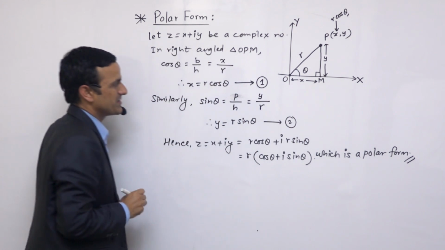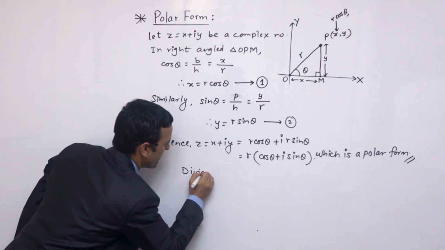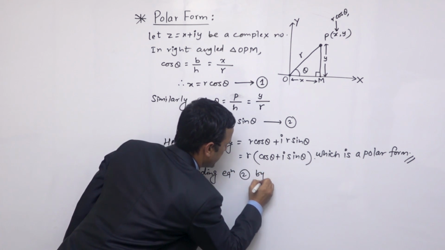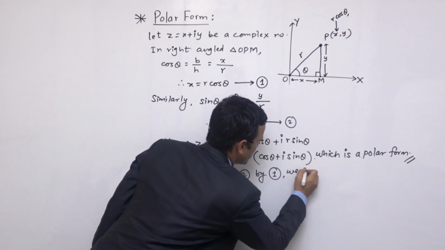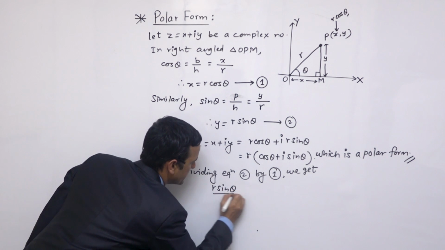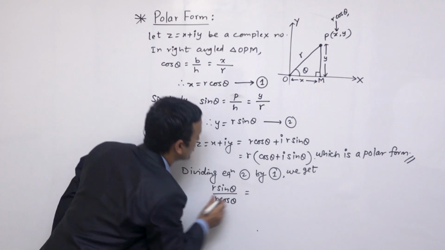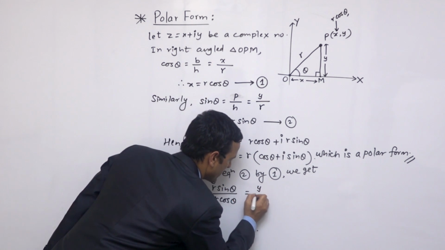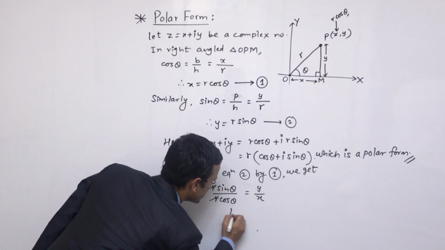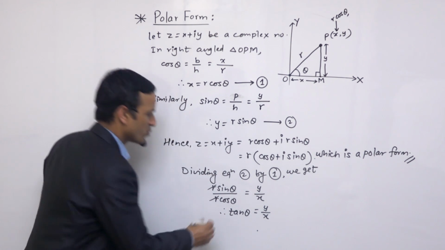So now we can find out, suppose this is equation 1 and also this is equation 2. Now dividing equation 2 by 1, then we get r sine theta divided by r cos theta is equal to y upon x. If you cut down this r and r, then we get tan theta is equal to y upon x. So this is one of the formula